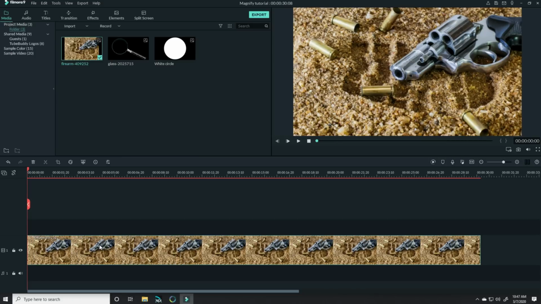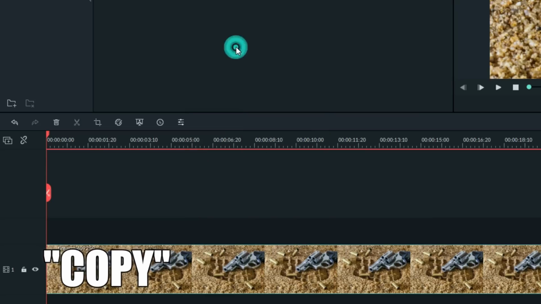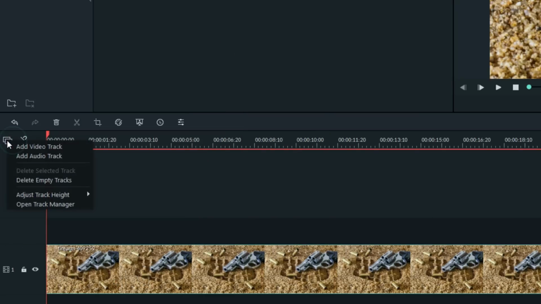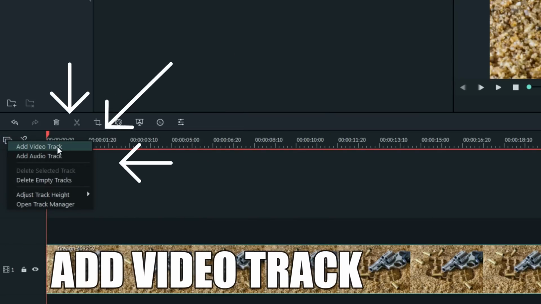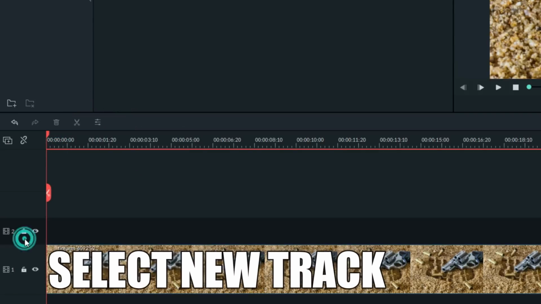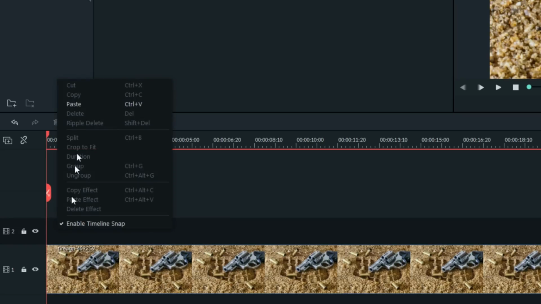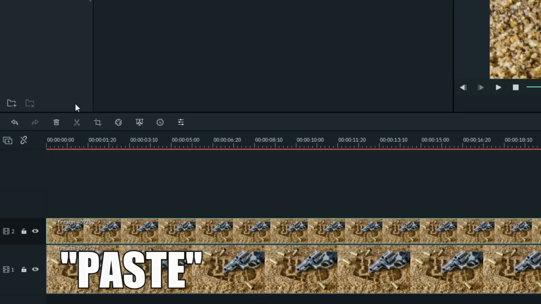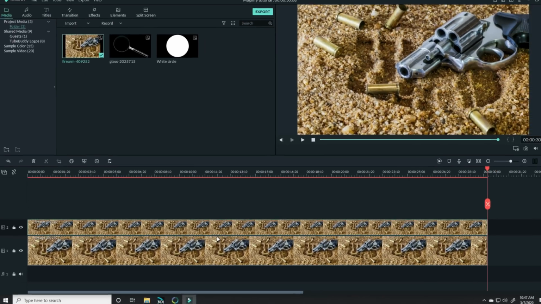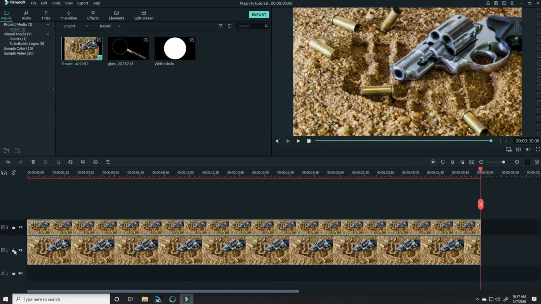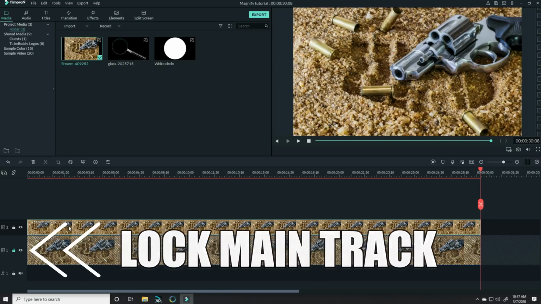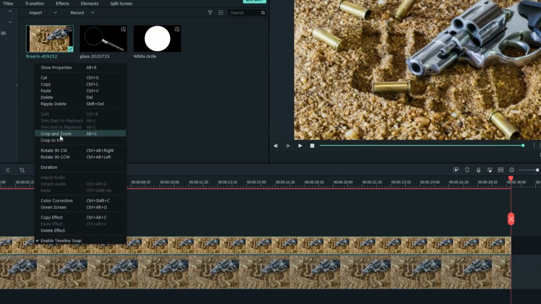And then the next thing I'm going to do is right click on that, choose copy. I'm going to add another video track in my timeline, highlight it in the left so that that track is activated, and then right click in that track and choose paste. Now I have 2 identical tracks stacked one on top of the other. I'm going to lock that bottom track, and in the upper track I'm going to right click on it, choose